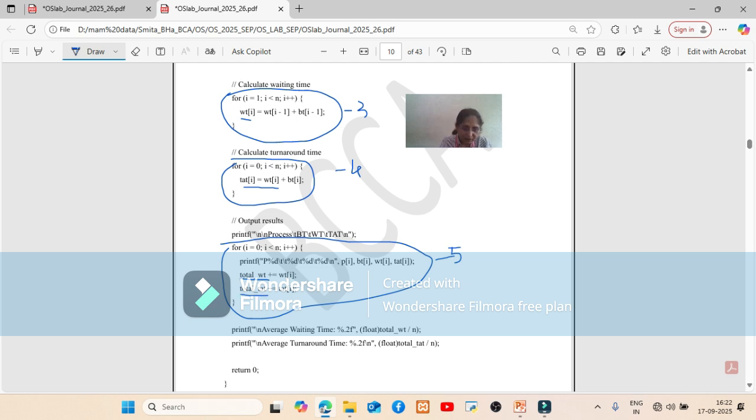Along with this calculation, are we doing something else? Yes, we are displaying the details. What details? We are displaying the process number, the burst time, the waiting time as well as the turnaround time of each and every process.